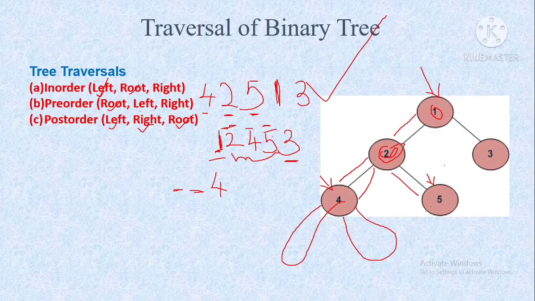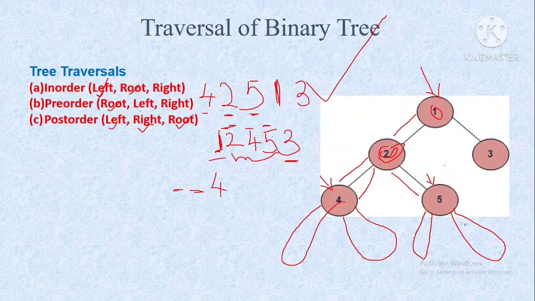Immediately I cannot write because I must check whether I have visited its left subtree. It does not have any left subtree, and does not have any right subtree. Left, right, I am considering I have visited, then later on I can write this 5. Again I am going to this particular node. Now when I reach this node, I can see I have visited the entire left subtree and right subtree. Now I can write this node. See, left, right and then root.